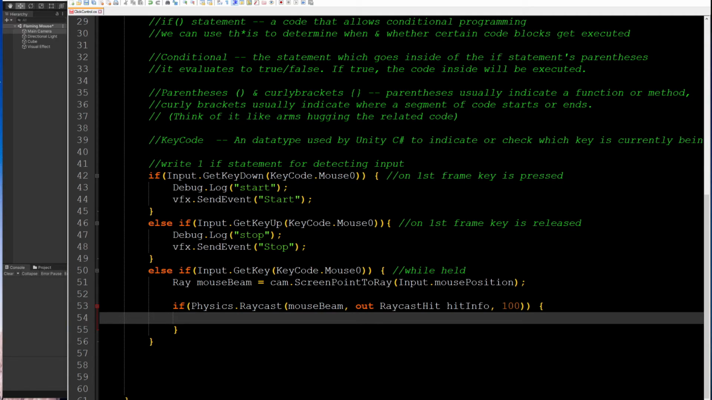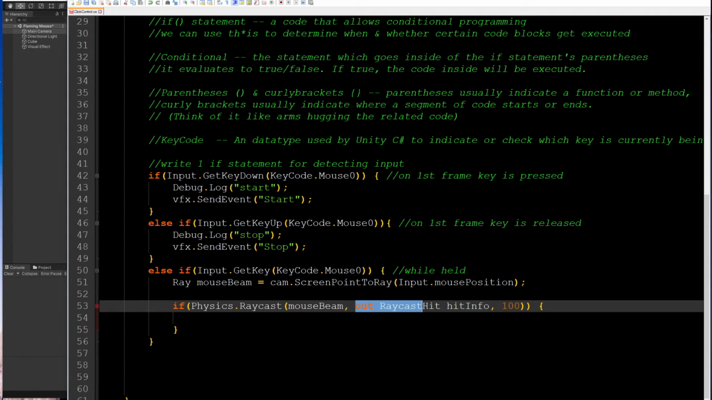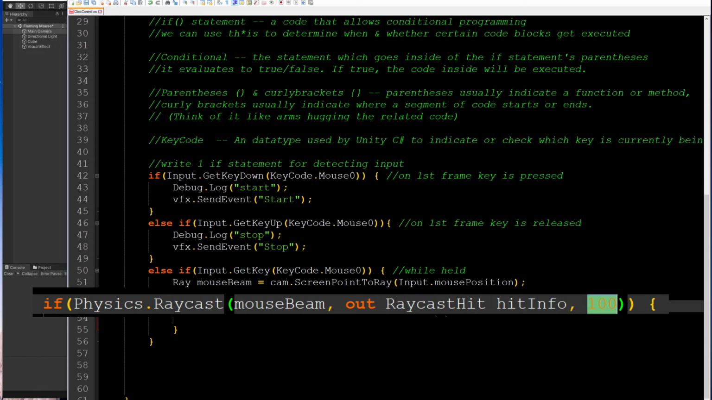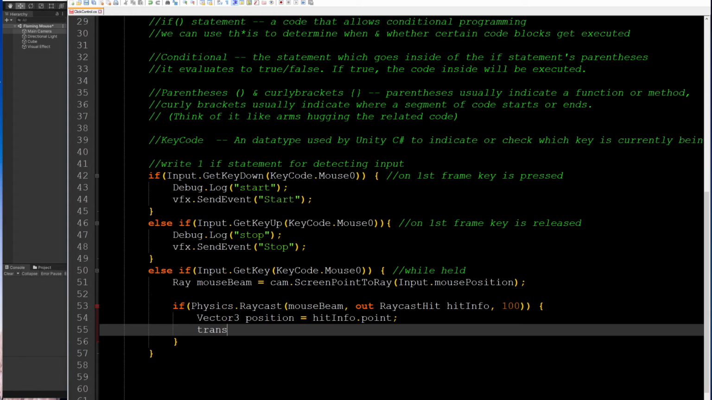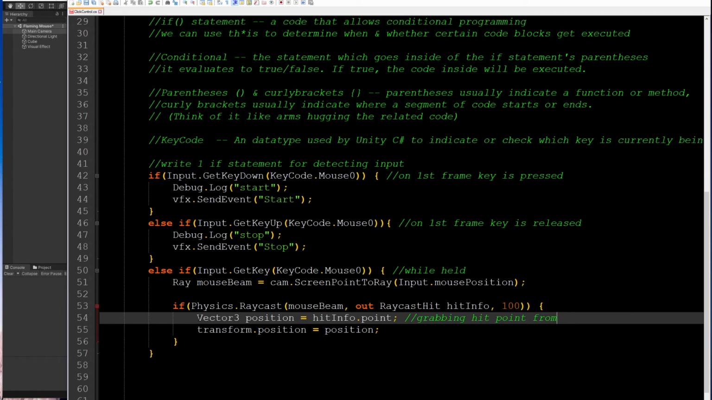When we fire the ray, we store information about the collision in a variable called hitInfo, which we're defining right here using these additional keywords. And if it hits something, we'll grab the point of impact as a Vector3 and move our VFX game object to that location. This last number here, 100, it just controls how far we can fire the ray. Right now, it's set to a maximum of 100 units, though it will stop sooner if it collides with something. To move a location, inside the if statement, we'll put Vector3 position equals hitInfo.point and transform.position equals position, grabbing hit point from ray,